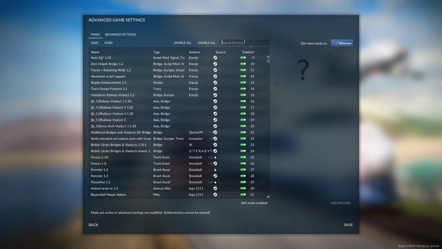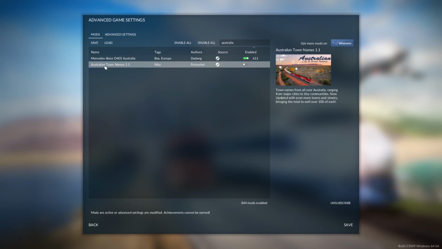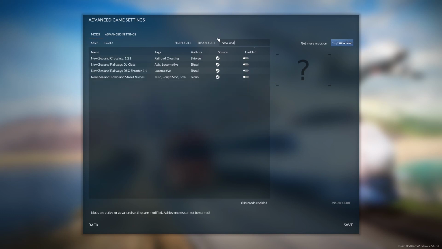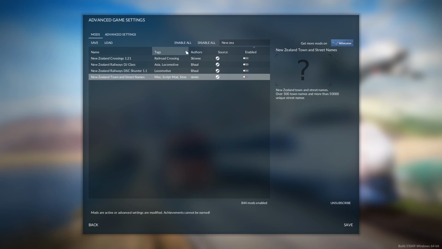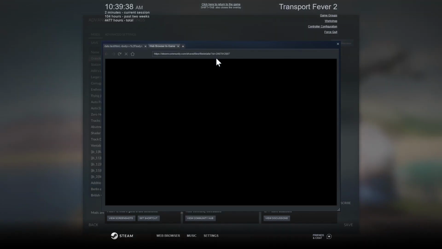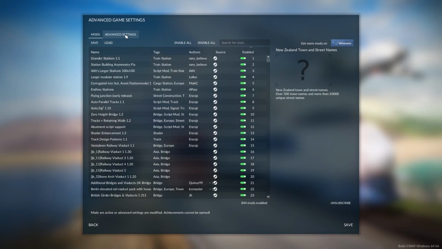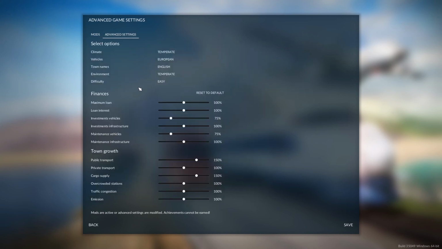Go back here. I'm pretty sure. See, I've got an Australian place name, and I'll probably also have a New Zealand one, if they were installed, and you'll find them in the. But always do your Steam check before you get into here. You can't install them because you need to download in Steam before you kick the game off, otherwise they don't show up. But yeah,